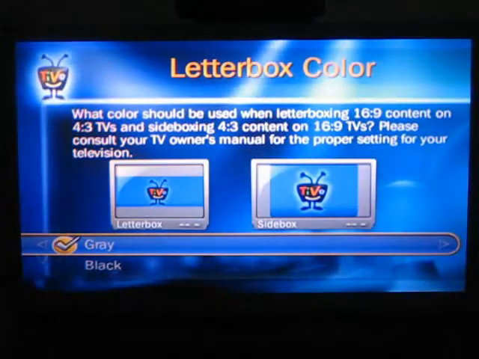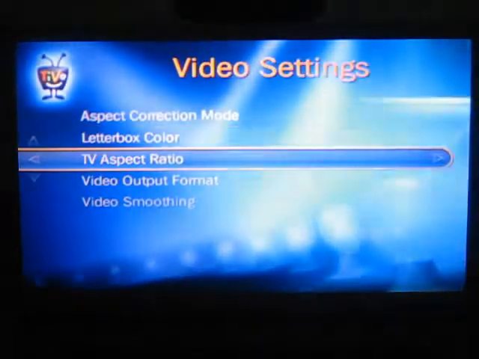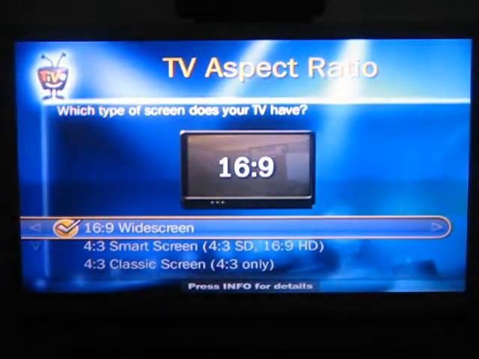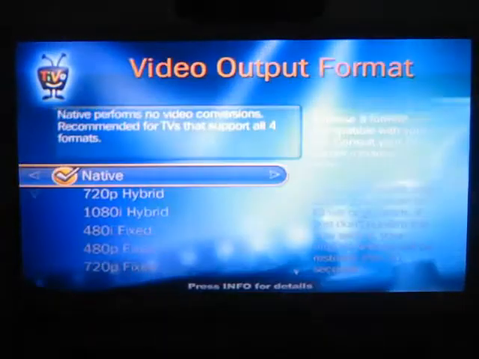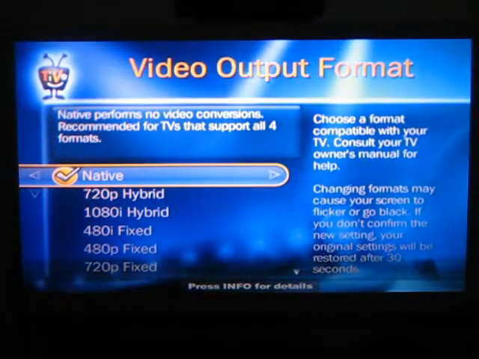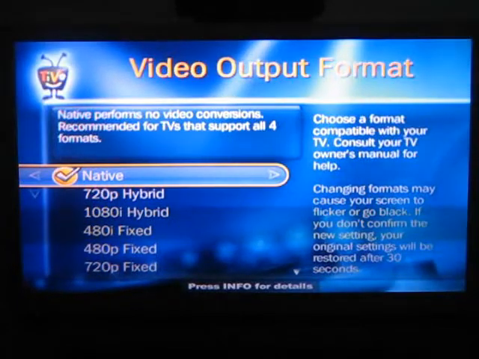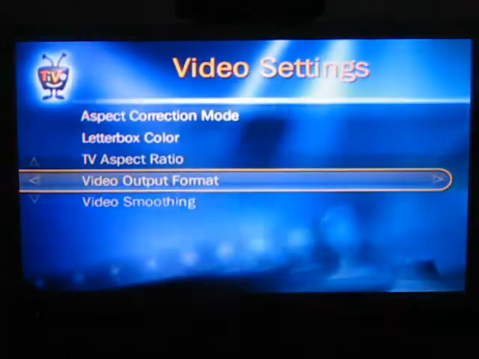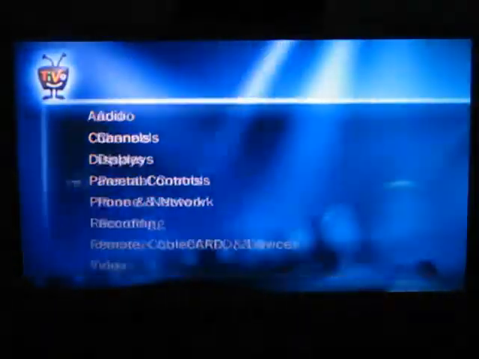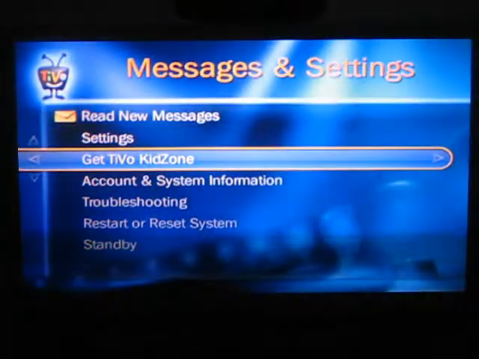Change the letterbox color, gray or black. Tell it your TV aspect ratio. And a few other things as far as the output formatting, depending on what type of television you have and what kind of input it needs for the different signals. And there, you've looked at pretty much all the settings. We can go down through the rest of the